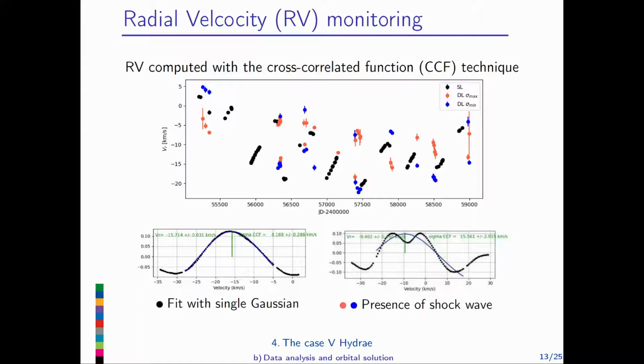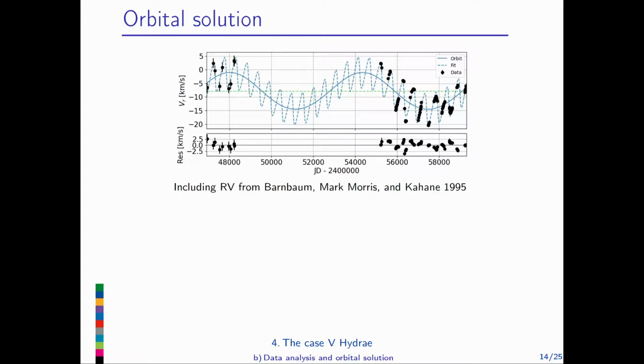What I have to notice here is that we have a 10-year-long monitoring, and that the orbital period that we expect is 16 years long. So, as you can see, we cannot see an entire orbital cycle on the monitoring, only a long-term pattern. But fortunately, looking at literature, we found radial velocity computed by Barbone in the 90s. And those values are really spaced from our monitoring, and we can add them in our fitting routine